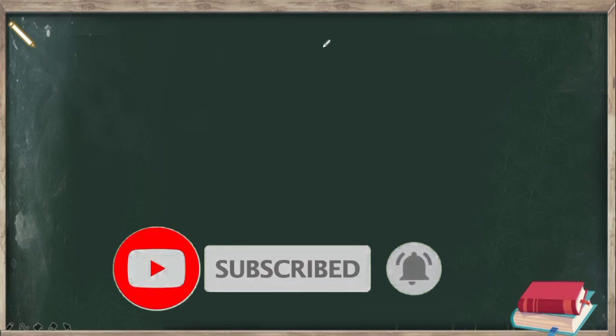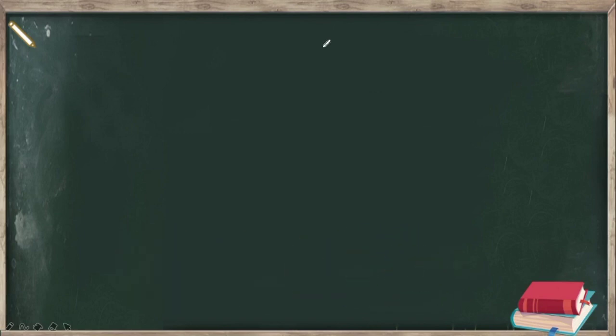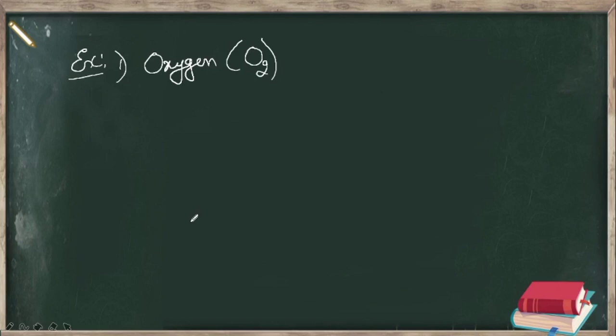Now I will take a simple example. That example is oxygen. So we'll take example 1, that is the oxygen molecule. Keep it in mind, I'm not taking the oxygen atom, I'm taking the oxygen molecule. This is O2. But before solving this, I will give you a formula. By using that formula, we will find the molecular mass of the given molecule. Which is the given molecule? Oxygen. What is that formula?